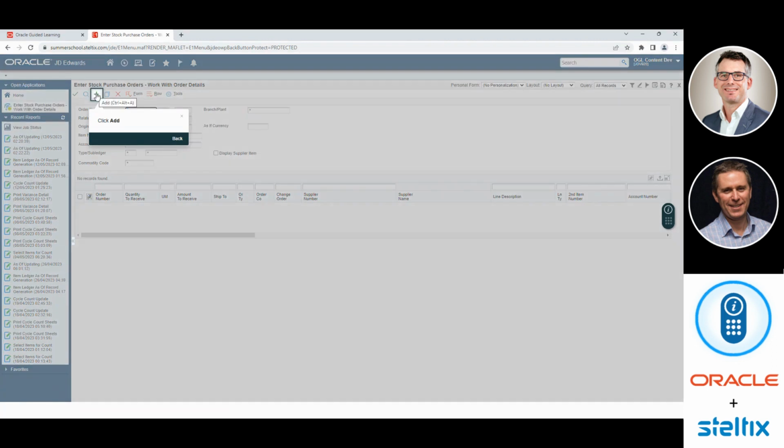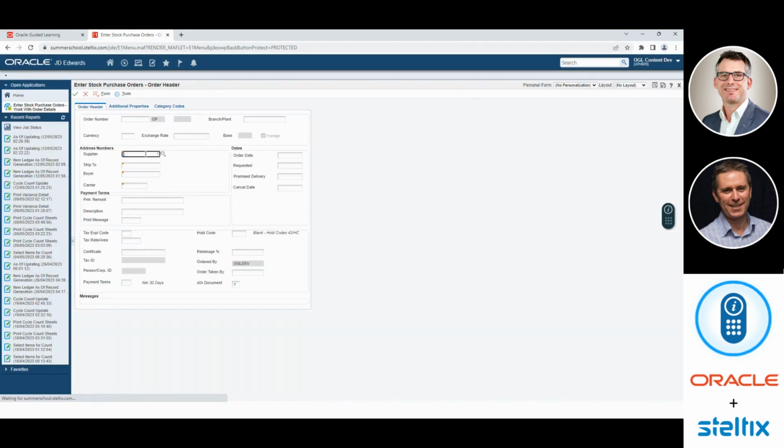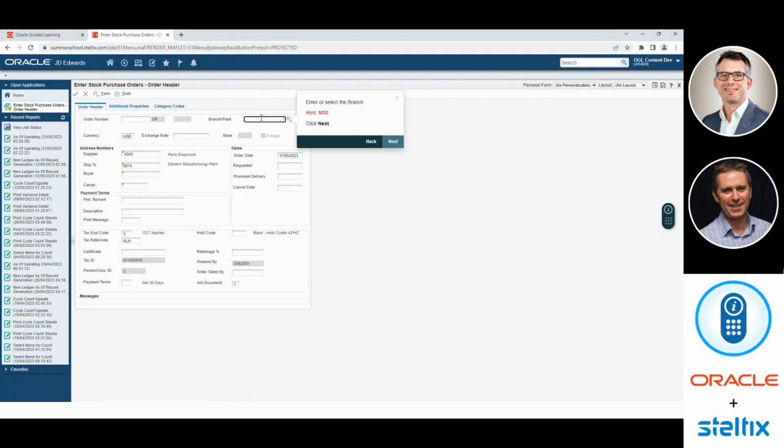Now, at this point, I should add that the text that we've pre-populated here is part of an implementation process and can be contextual or tailored to your specific environment. What you're seeing here is a demo type scenario, but here is where you would say, here's the context of my organization around our suppliers, our business units, our ship to locations. But I'm just going to follow the hints so we can see this process and transaction through. And it's stepping me through what fields to complete. And it can also tell you why you're completing a specific field. So the branch plant location,